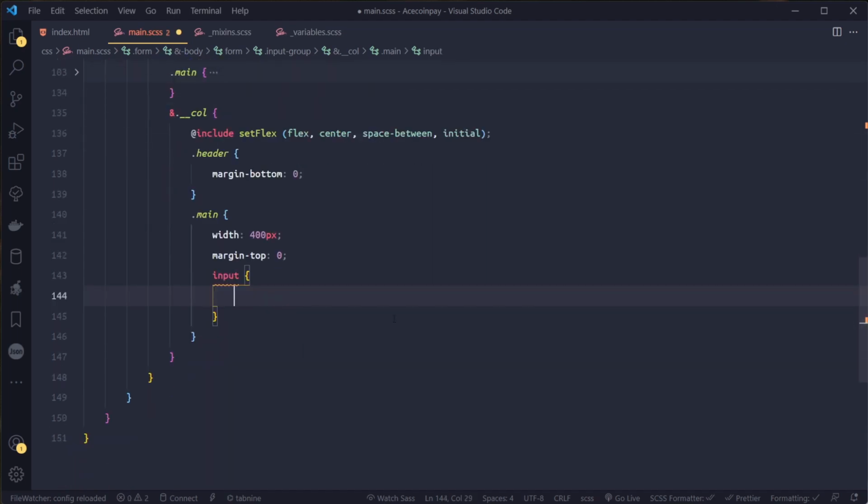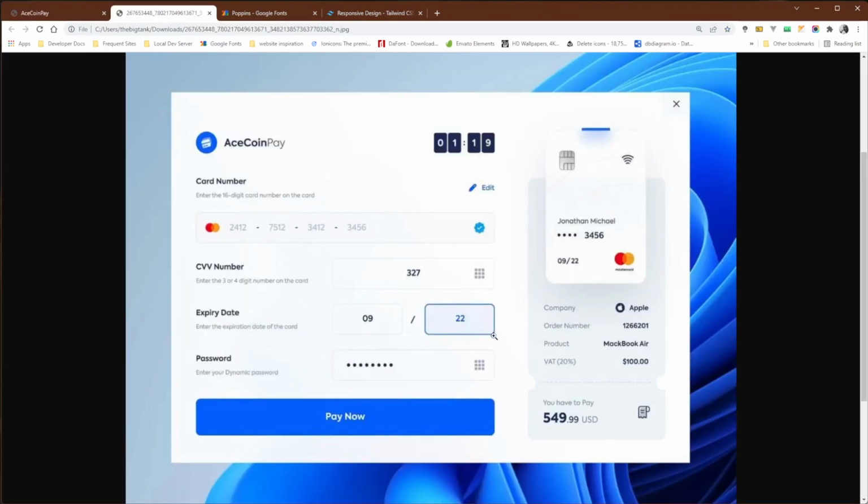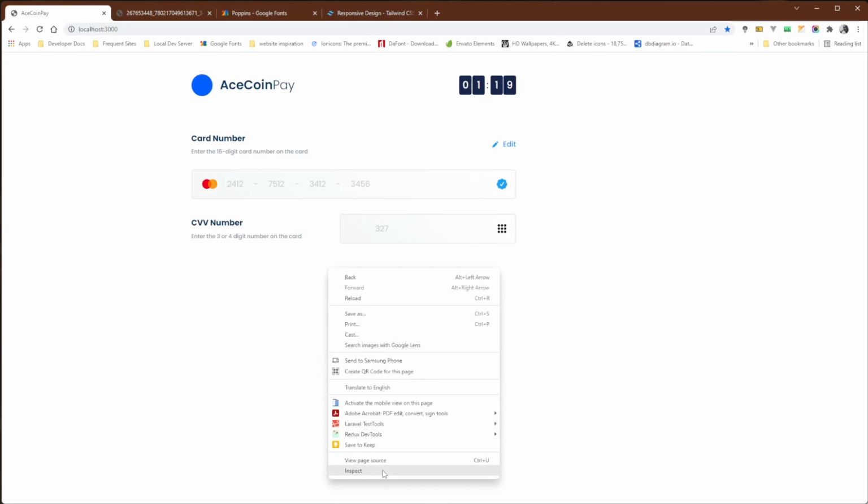All right, so for the input, what we want to do, we want to center this text. So we want to center them just like the center here. So if you look